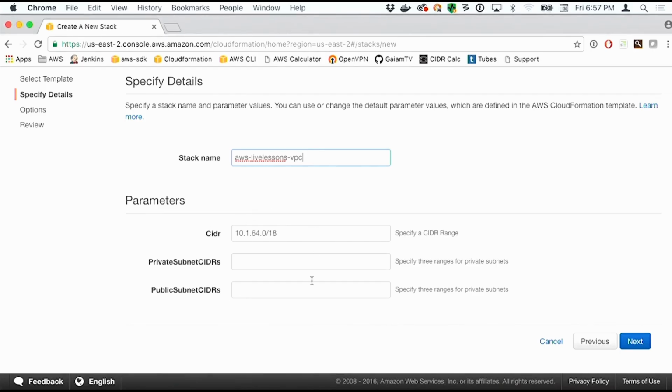And this one is going to create a VPC, and it's going to give us 3 private subnets and 3 public subnets. Typo there in my description, but that's okay. As long as my parameters are named correctly, that's really what matters in this particular case. So I'm going to choose, for this example,